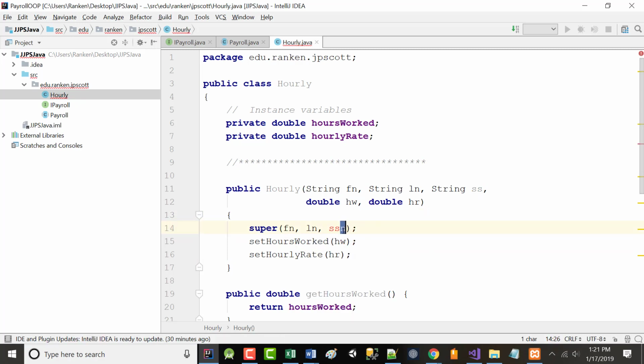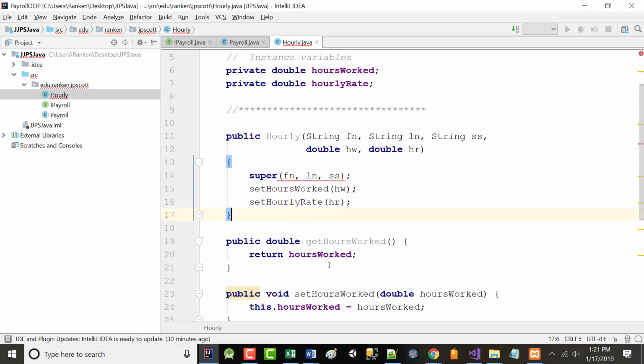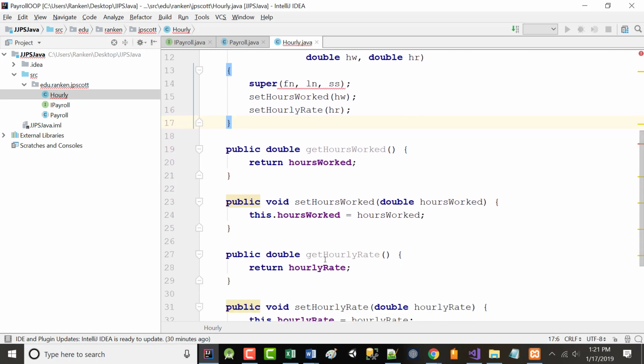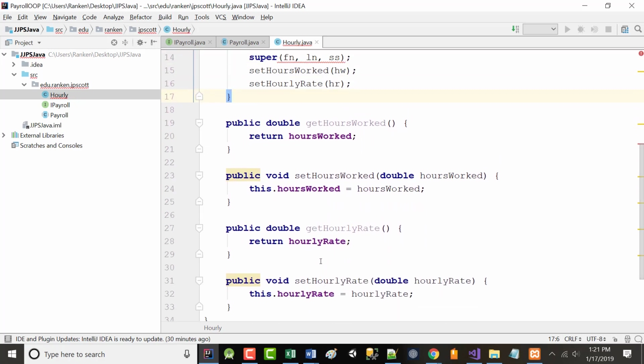All right. So we've now got our getters and setters for our hours worked. Again, we're not going to touch the getters. We are going to touch the setters on both. Now you'll start to see this, hopefully.